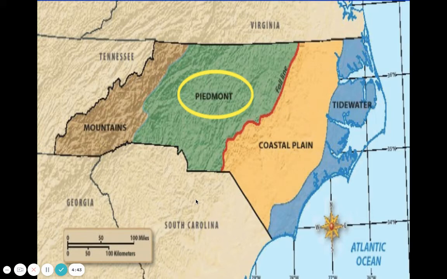And why this is important is because back when people first settled in North Carolina and started moving throughout the state, it wasn't a state at the time, it was just a colony. They would travel largely by rivers, and they got on rivers and they traveled wherever that river took them. And so if that river took them south, and you have to remember that none of these borders were here. It was just all of this was not really divided up the way it is, but people living in these areas would get on rivers and they would travel, and those rivers would take them into what we